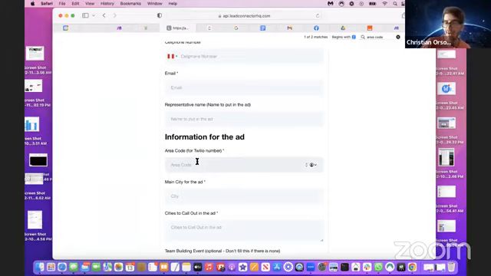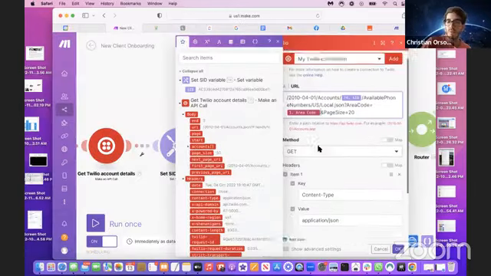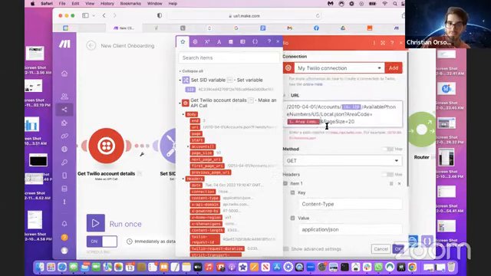This has to be a number, by the way. We only accept a number, so the client has to put numbers. This is how it works. This can be an area code, for example. Then with this, we get